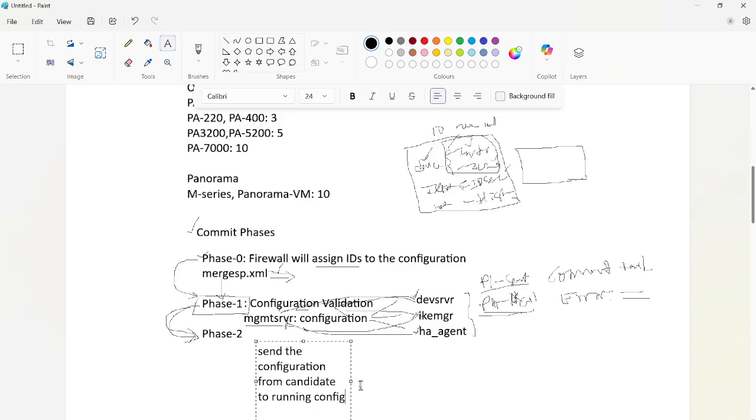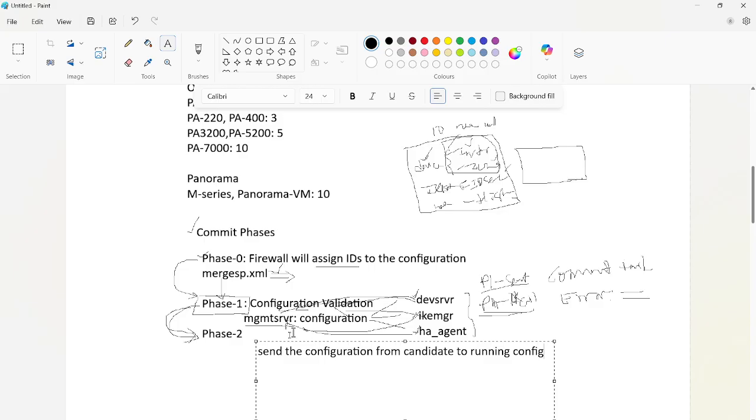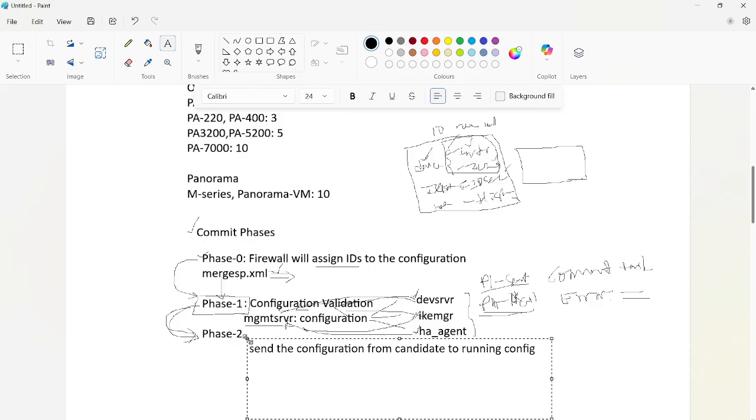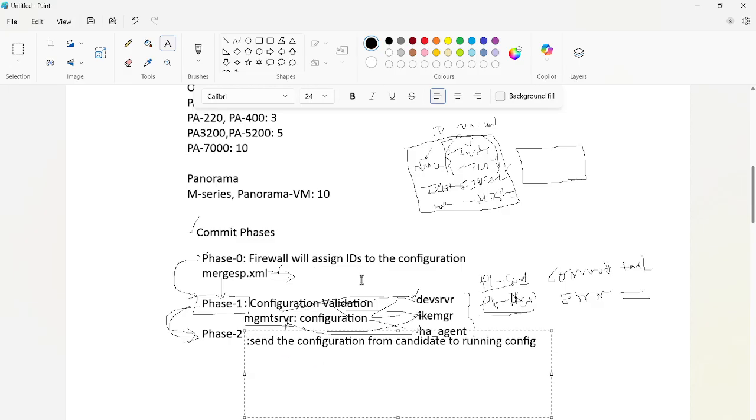If everything is okay in phase 2, every configuration that is available in the candidate moves to the running configuration. So these are the three phases available in the commit. The first one is phase 0, the second one is phase 1, and the other one is phase 2.